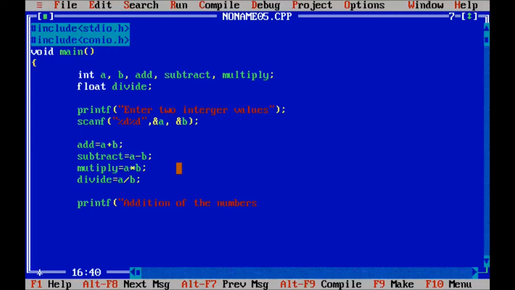Addition of the numbers equal to %d. We use \n for a new line.